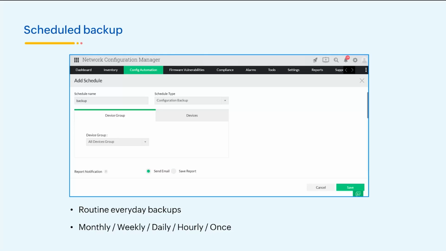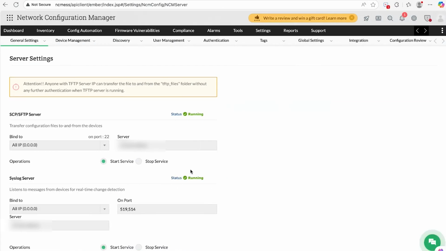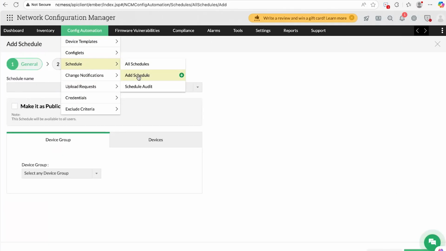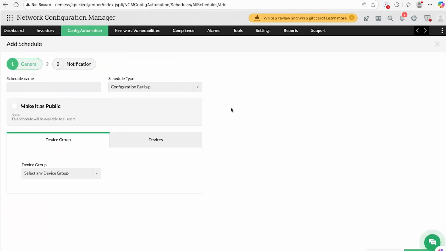So let's once again go to the UI and see how this works. Under config automation, schedule, and add schedule. Here you need to make sure that the schedule type is set to configuration backup. So let's say